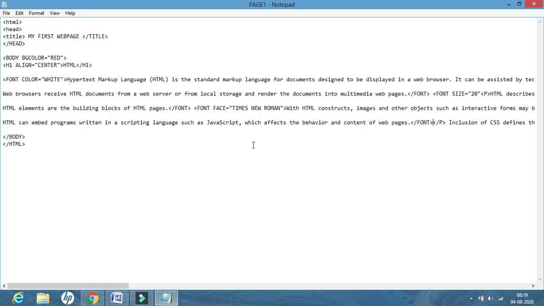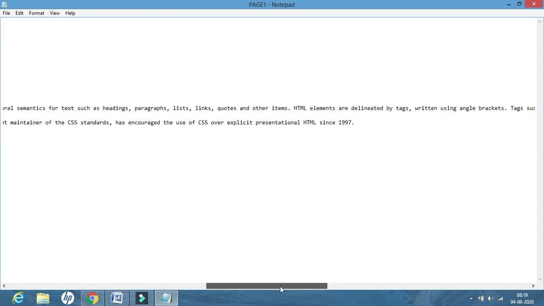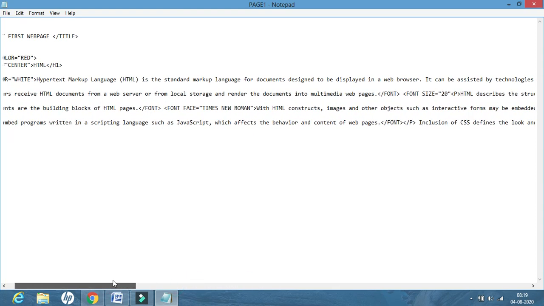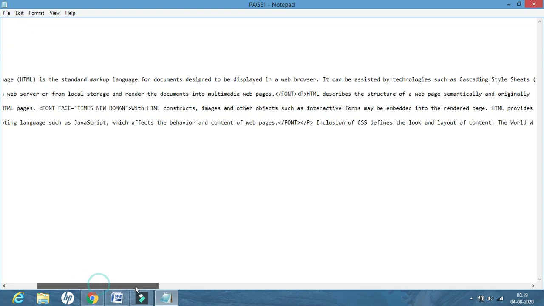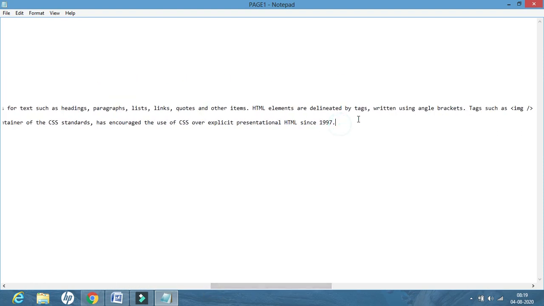Next, let us work with the empty tags. Now I suppose the container tags are clear, so now we will work with empty tags. So empty tags, we wrote only 2 empty tags and we will work with those only today. So first, after this, suppose after everything is completed, I want to draw a line. Okay, so here let us remove the font size. I want to make it small only. Okay, and after this I want to draw a line.